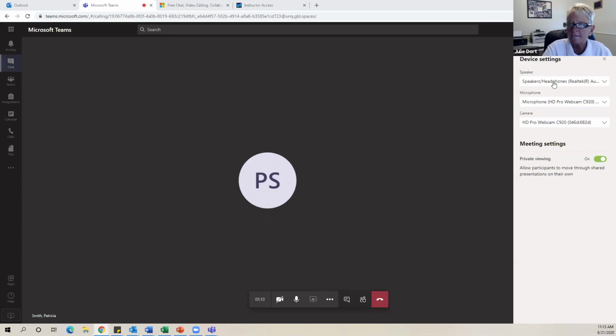So in your device settings, right now, my default is to the speakers on my USB speaker and webcam, but I can go in and change that if I want to. No, I'm not going to, but if you have a couple of different options, sometimes if you have a headset that works a little bit better than the alternative, maybe the built-in webcam or the built-in audio. So you can go in and switch that from here if you need to. Go ahead and end this call so that you